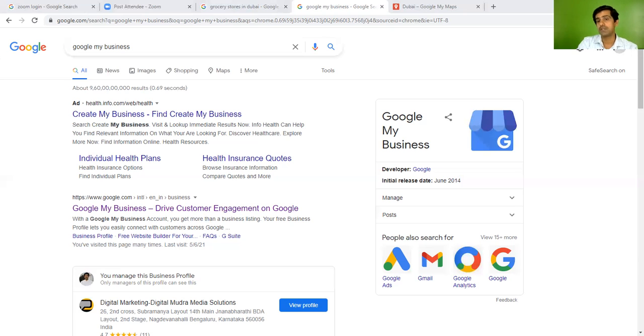So here, I think you remember that when we are searching for Google My Business, there are images which appear there. Whatever photo we are uploading here will appear there actually. It depends. We can create one image and then do that. When you are doing the initial stages, we can skip these steps as well.